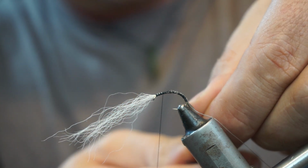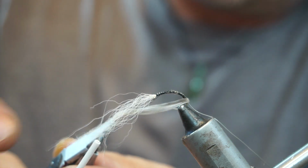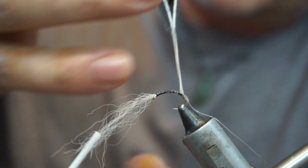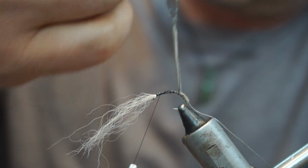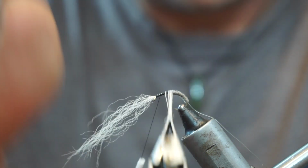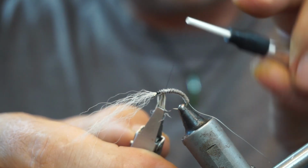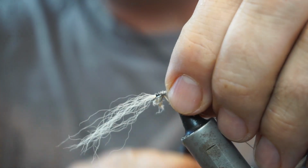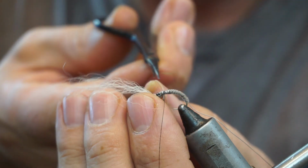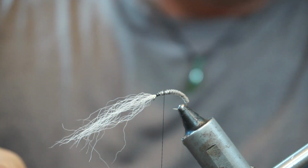I'm just going to put my hackle pliers onto this, and hopefully it will hold together. It's working. Tie that off, and then we'll trim off these little extra bits that we got. And then